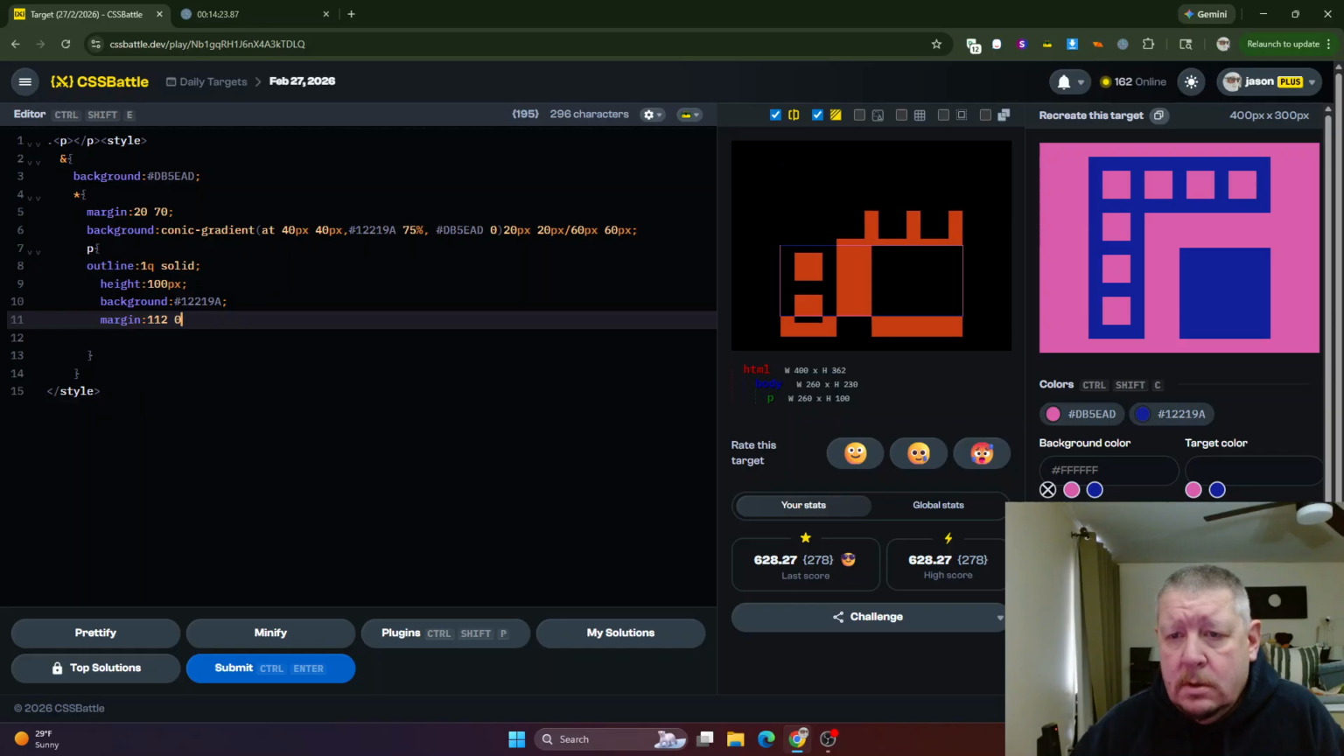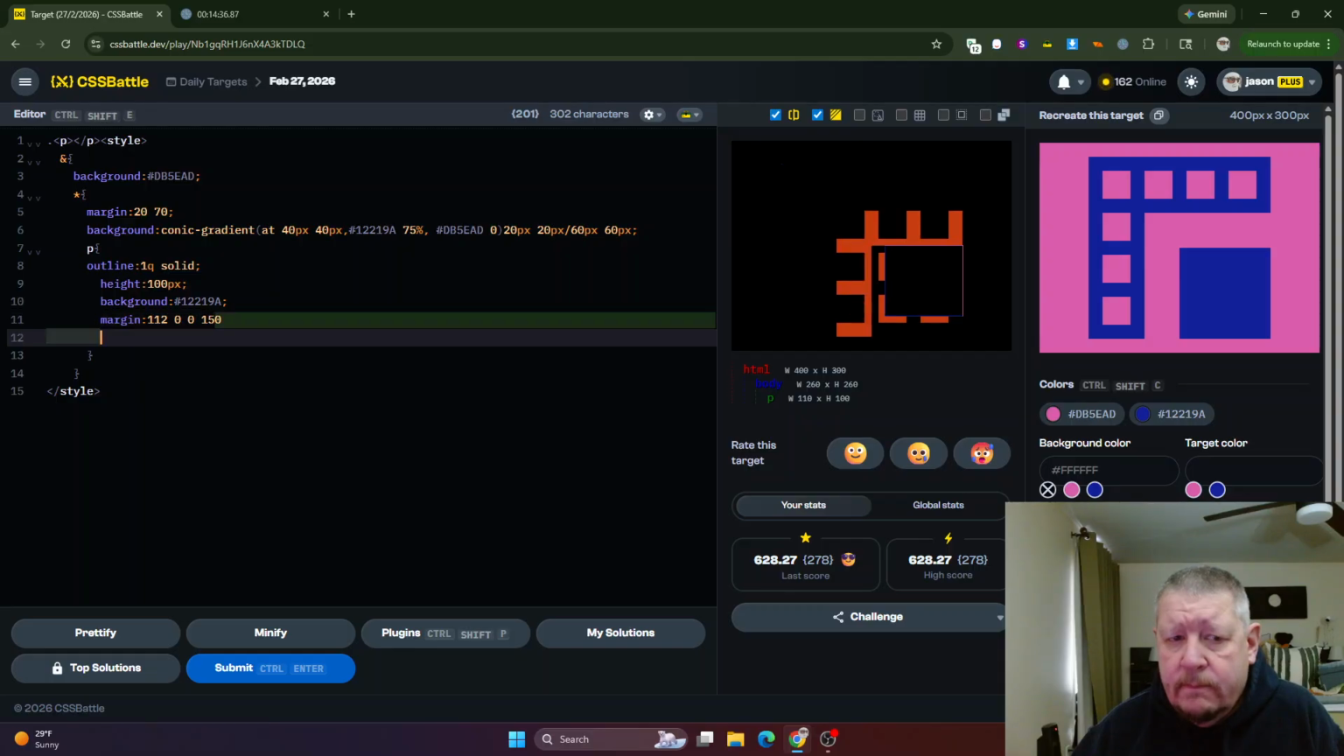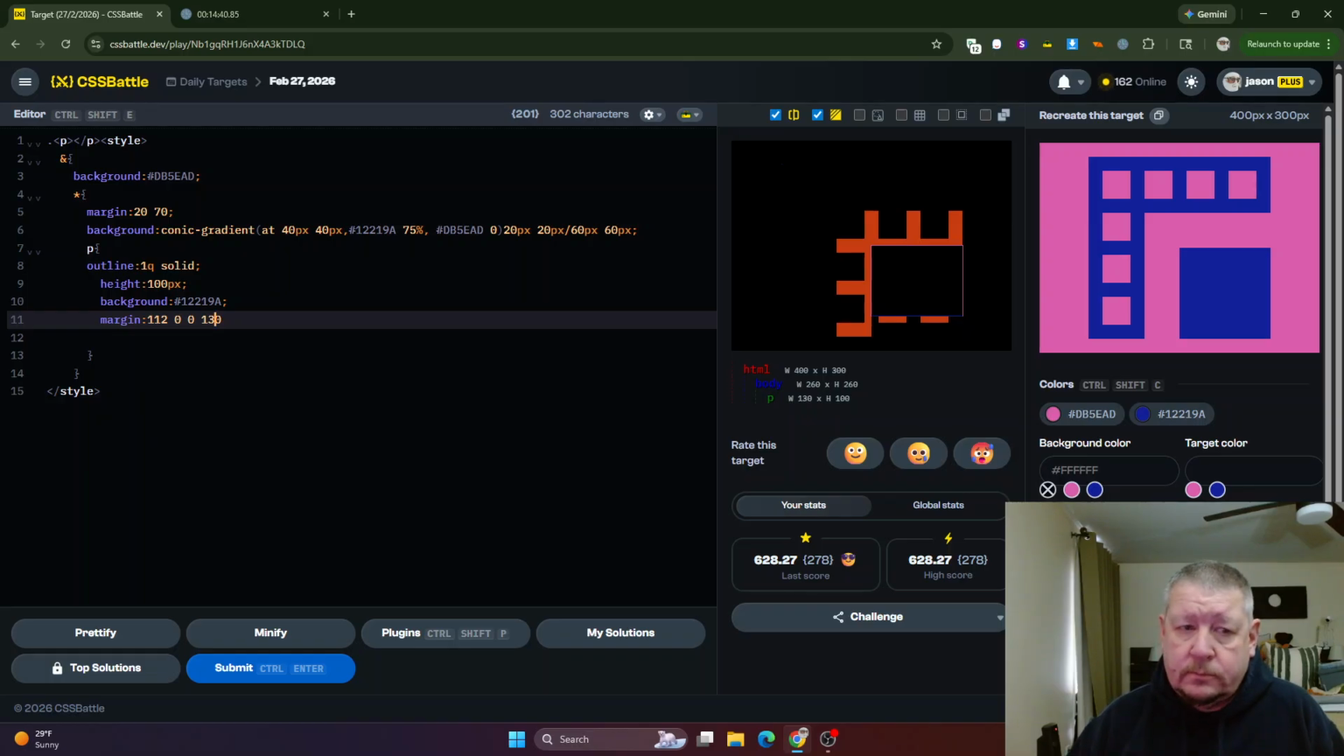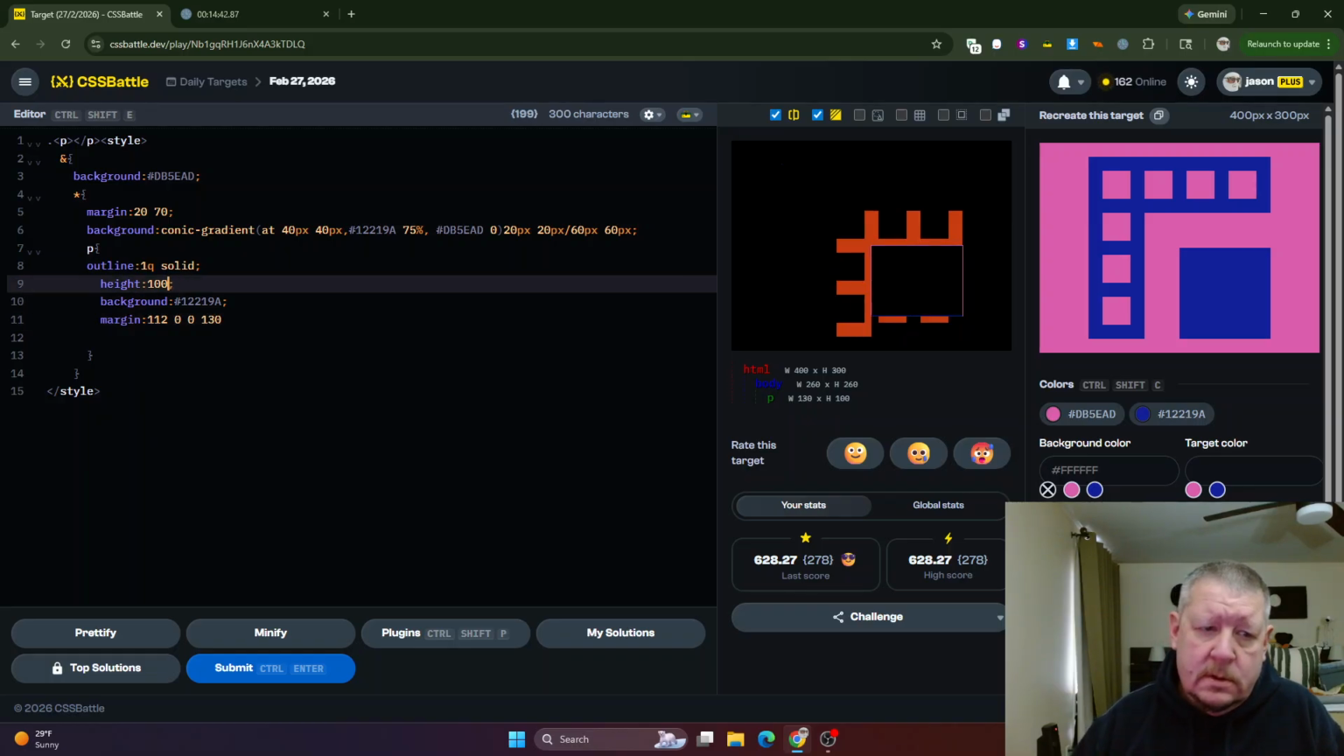0 on the left, 0 on bottom, and then down on 200. No, less than that, 100, and 50, 30. Now it needs more height, which doesn't need pixels, needs 150, 40, 30,